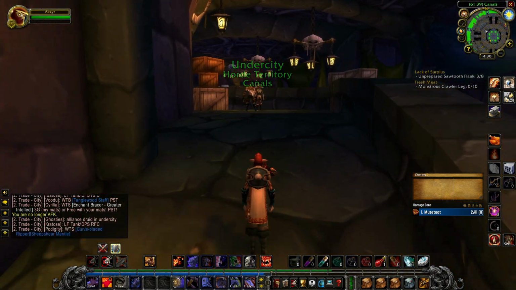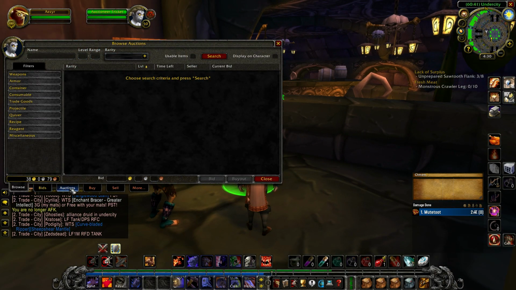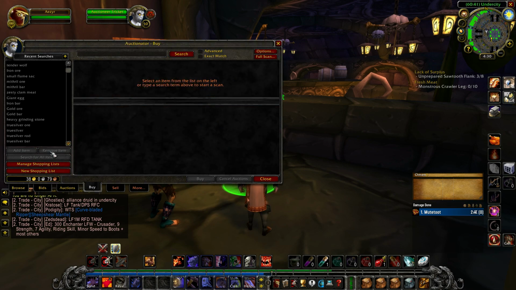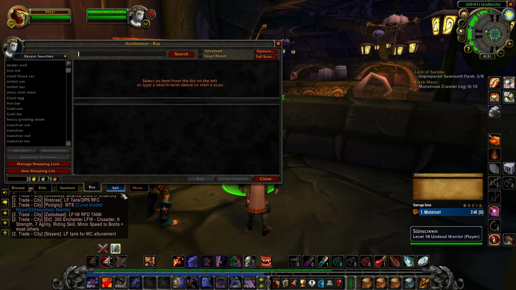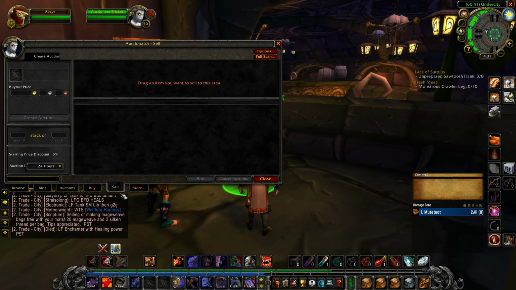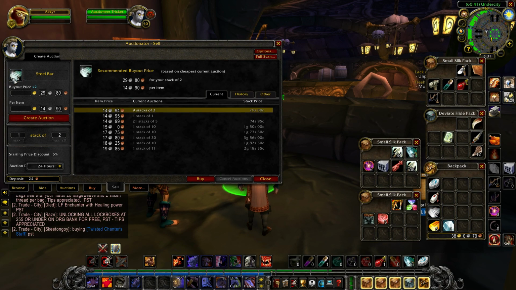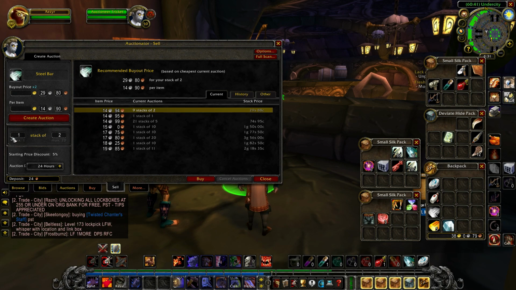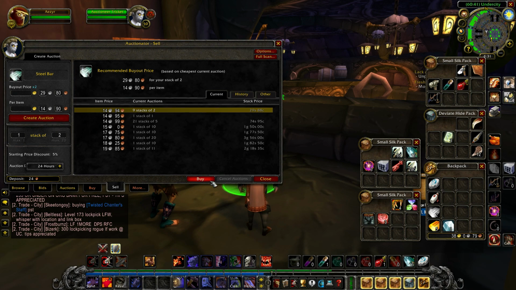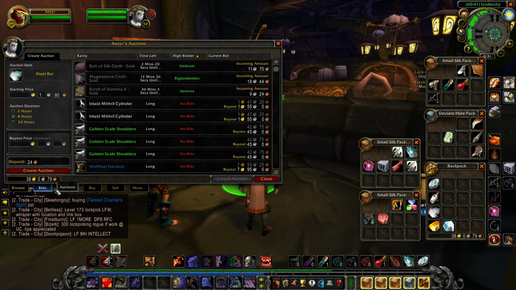So the next one that I use is Auctioneer. Auctioneer and Auctioneer both still work in Classic despite the new auction house upgrade. It is not available in Classic, which actually kind of sucks because it's very fast in retail, and I wish that they would just put it in Classic, but I understand that it doesn't have a Classic feel, so I respect that. So I use Auctioneer or Auctioneer, which is also super helpful, and honestly very clean UI, and helps